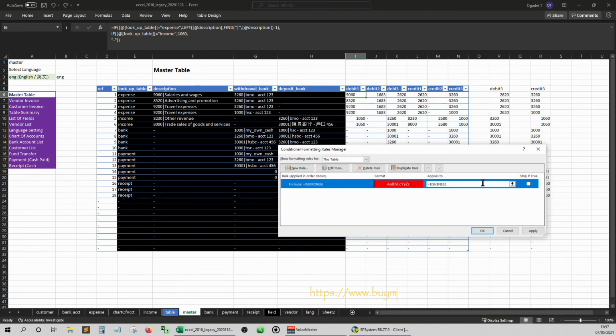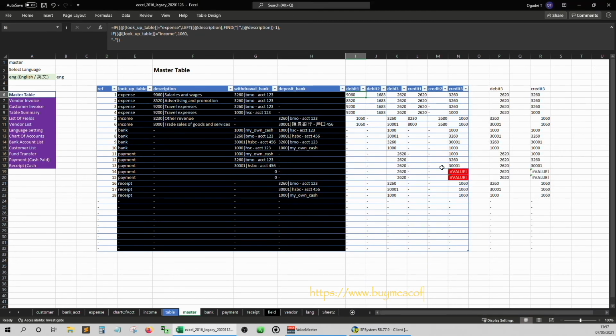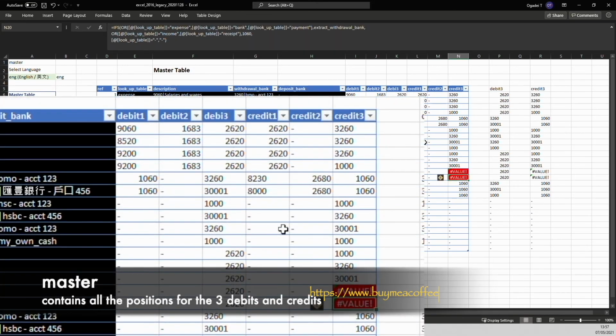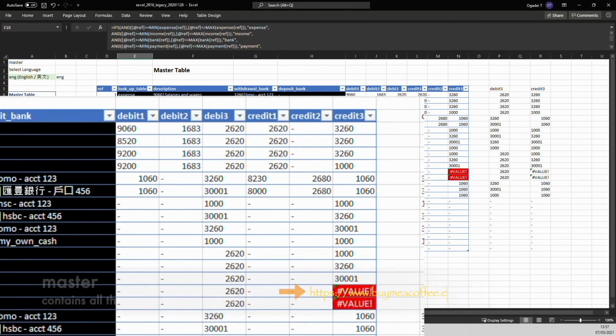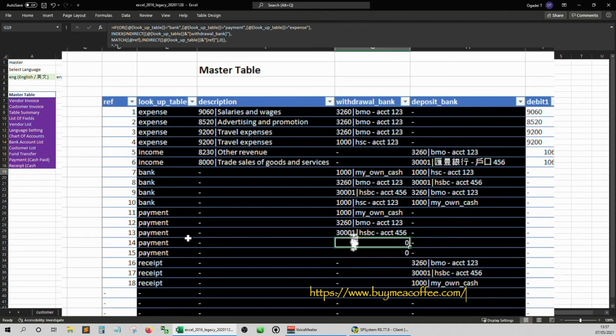Hit OK and apply to the range of the debit and credit position columns. Now you see that these two cells are red because we didn't fill in the withdrawal bank for these two payment transactions.